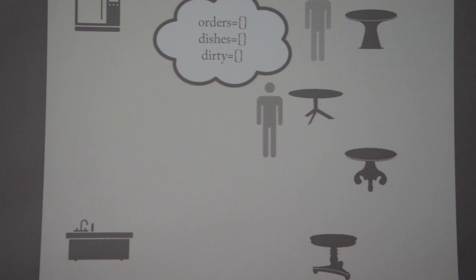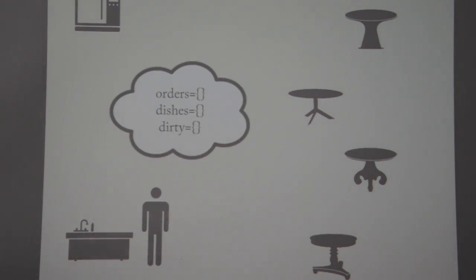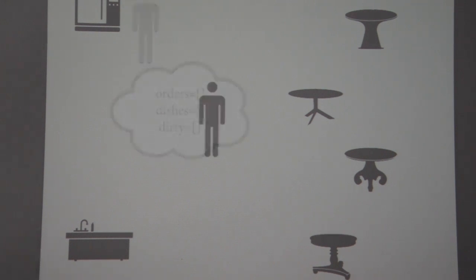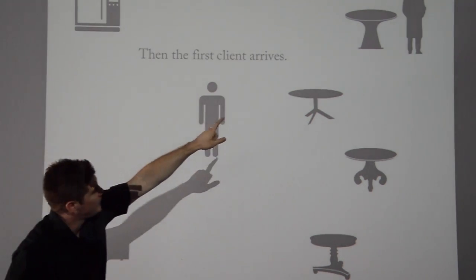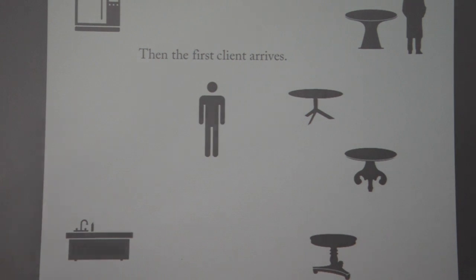So the way that he would work is he would walk around from one table to the next one. When he gets to the dishwasher, he would leave the dishes there. And finally, he would cook something. So let's look at how it looks when the first client arrives. And then you can see this is the first client with the IR camera there. So he sees in the dark.